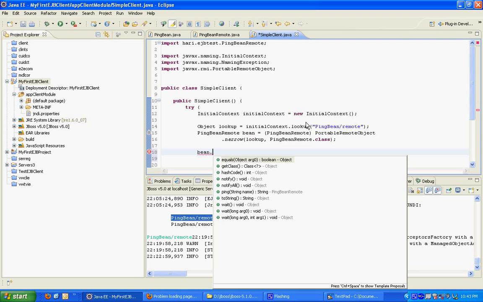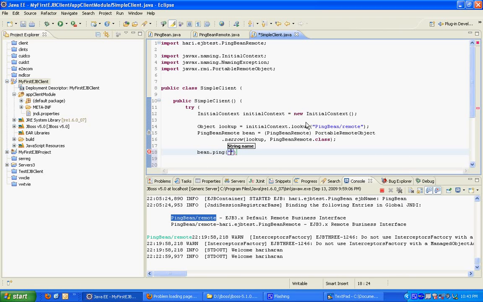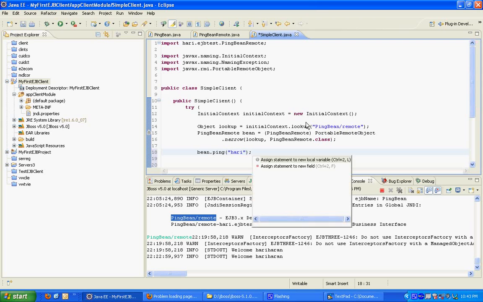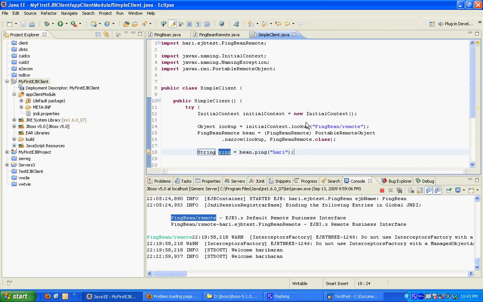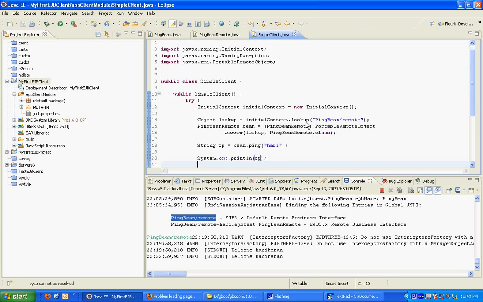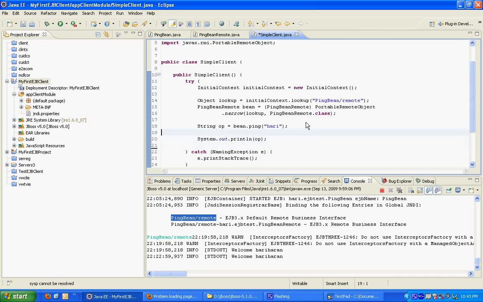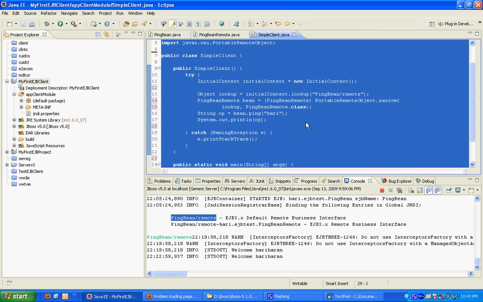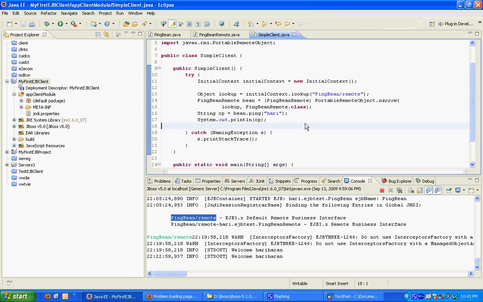Ping, and it would return me a string value. So let's call it, and I'm going to display it. So here we have a simple short program written as a client, and this client accesses the server. Output on client,